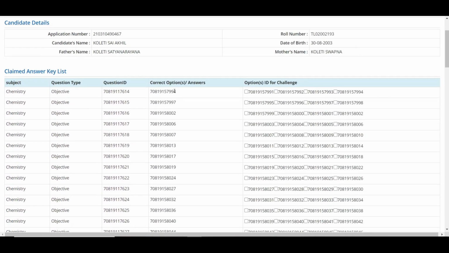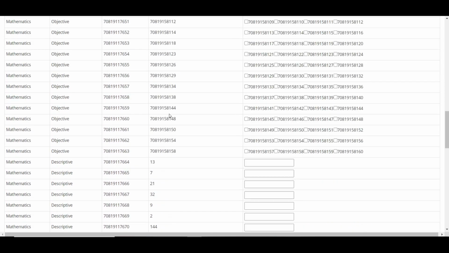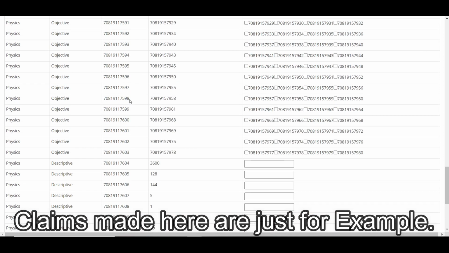So coming to challenging of answer keys. For example, this candidate got option 57 for question 98, but the correct answer is 58, right? He is sure about his answer. So he is saying that the answer given by NTA is wrong. 58 is wrong, my answer is correct.